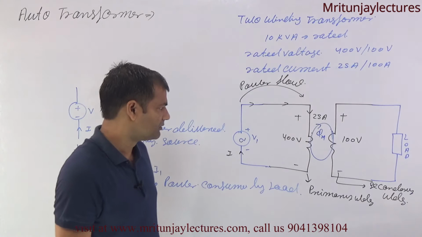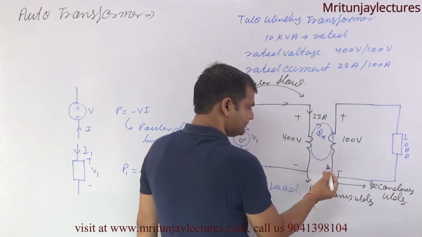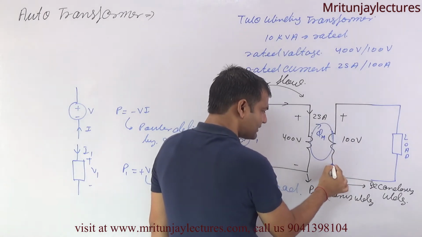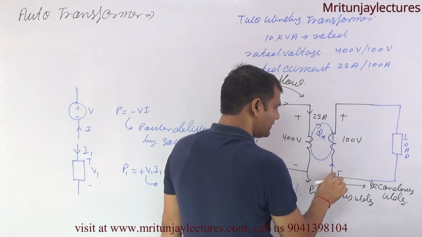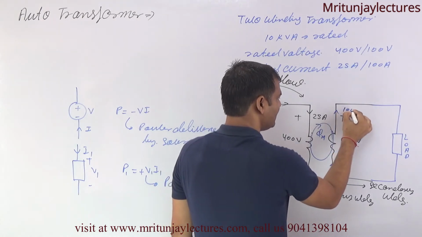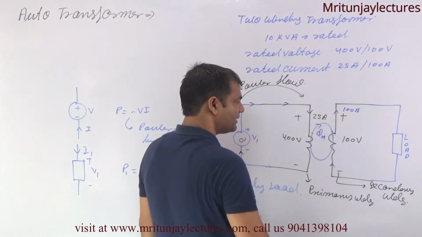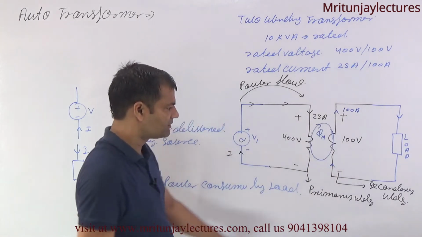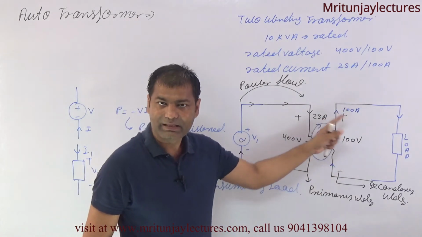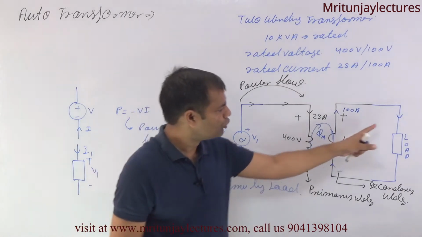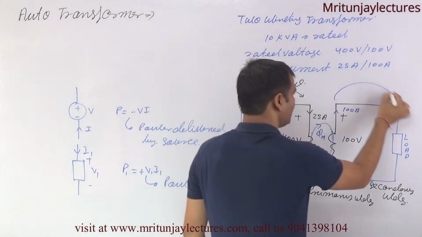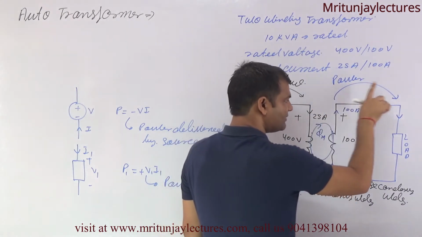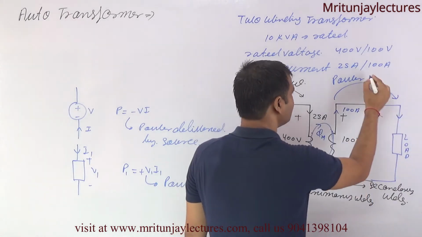Okay. Now current, if power is consumed, it means here that is power delivered. So direction of current negative to positive. If current is negative to positive, that is 100 ampere. Power is delivered by the secondary winding to the load, direction of current minus to plus. What about power flow? Direction of power flow is from secondary winding to load.